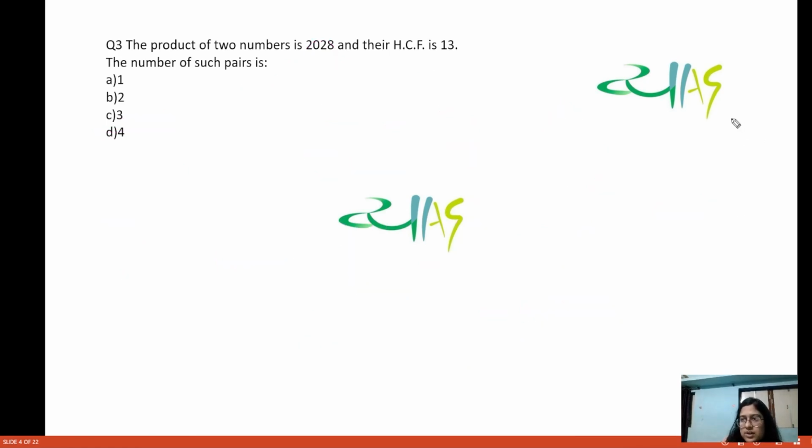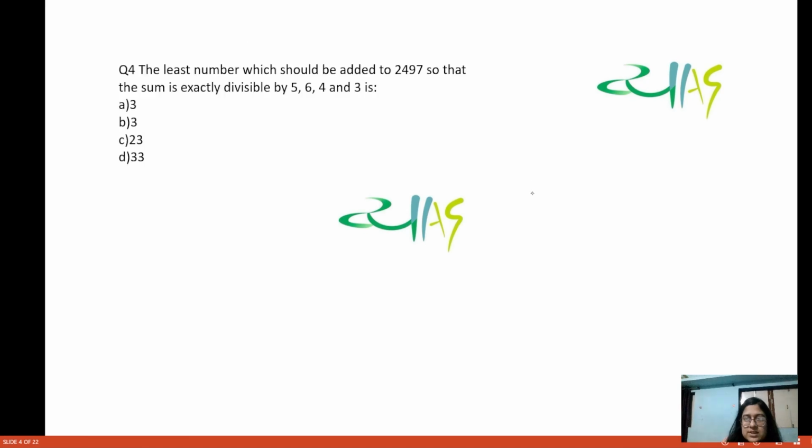So let's move forward to the next question. See, these are the kinds of questions which are exactly asked in UPSC multiple times. In the next class, we will see all the UPSC questions from the number system as well as HCF and LCM. Now you see, the least number which should be added to 2497 so that the sum is exactly divisible